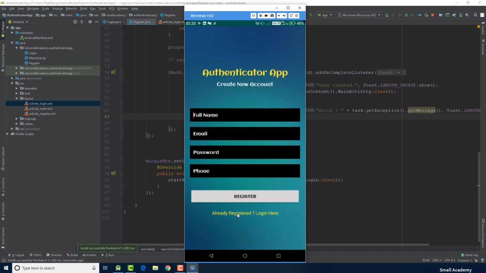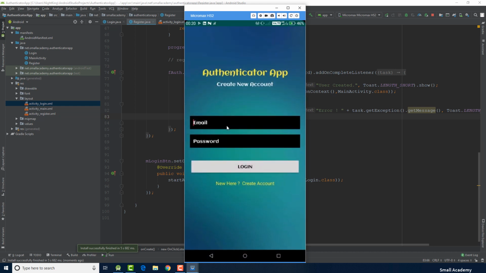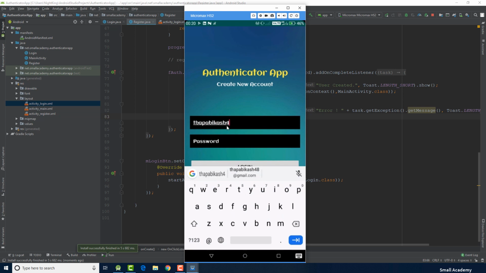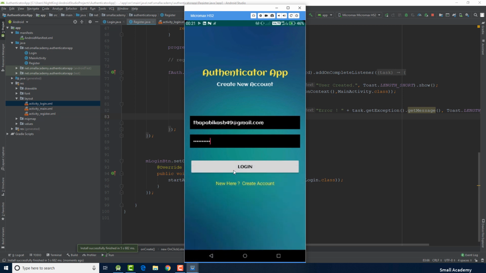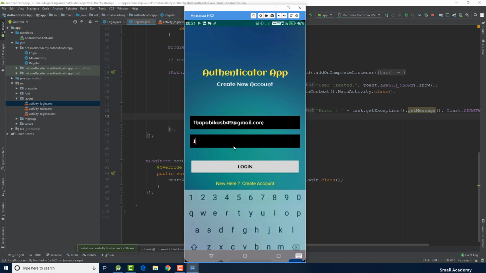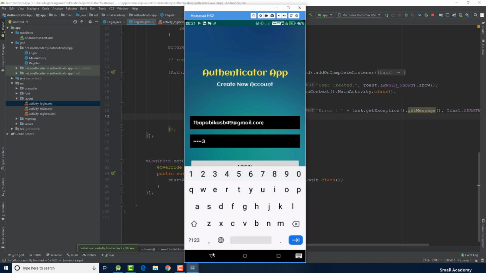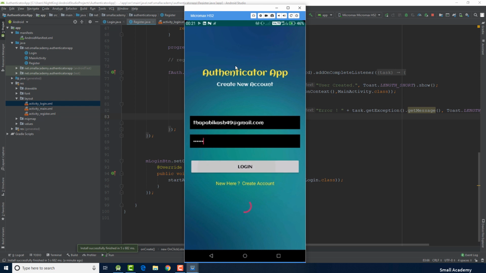Okay, let me go to the login, and I'll put the right email and wrong password, and we'll see what message is displayed here. So if I click on login, it will say the password is invalid or the user does not have a password, and the spinner is gone. Now I'll set the right password, and I should be able to log in. Yeah,